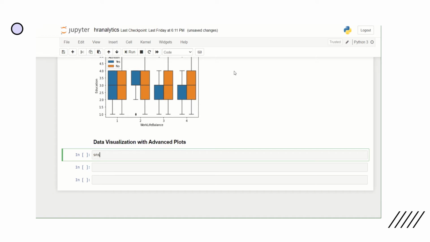I am going to use the joint plot. This plot will combine two plots together. So I am going to select the variables. First one is job satisfaction, and second variable, monthly income. And I can give some conditions based on that.